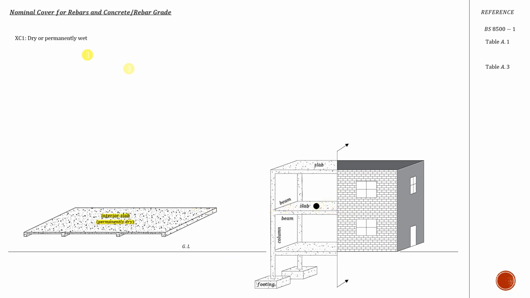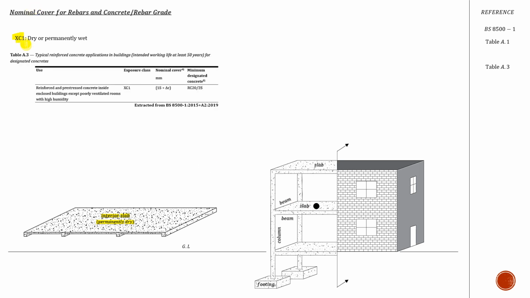If you refer to this code, BS 8500 part 1, table A1, this describes the type of condition that you are referring to, and I'm going to have this as dry or permanently wet for my slab. That's a big table, you can refer to it, you see all of the conditions there, pick up the one that suits you the best. For me, XC1 is the best, it describes my structure here, and if you go back to table A3,